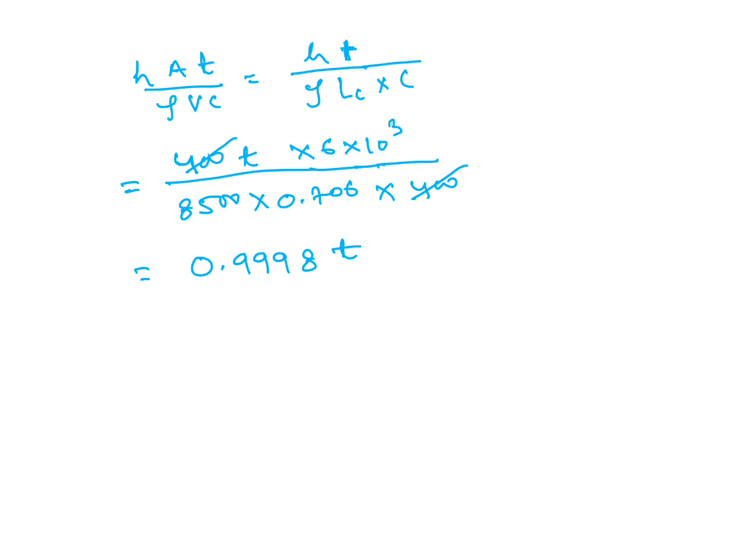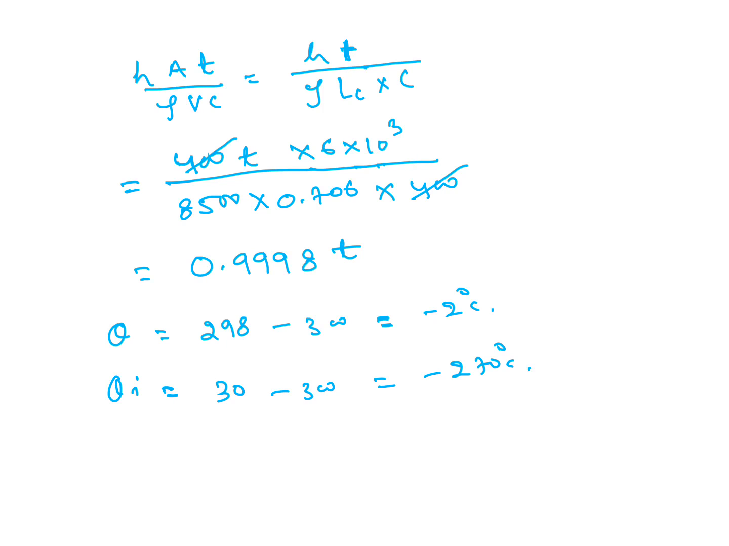So theta, we already got, is 298 minus... theta minus 2 degrees Celsius, and the initial difference theta I is 30 degrees minus 300, so it's minus 270 degrees Celsius. If we put all of this in our formula, theta by theta I equals e to the power minus hA t by rho V C, we will get minus 2 by minus 270 equals e to the power minus